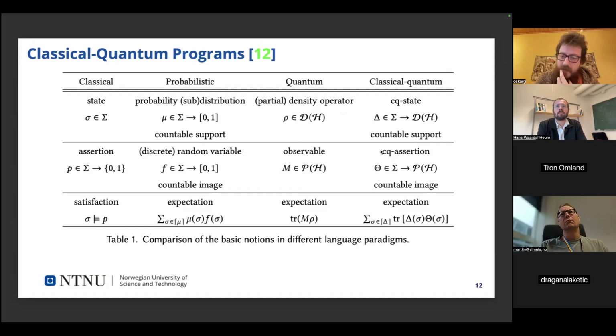And they use observables to symbolize these assertions. If you have some state, then you will get some values out at the end, and then you can use the expectation for this observable in this quantum state and compare those at the beginning and at the end. And that is what the triples mean here.